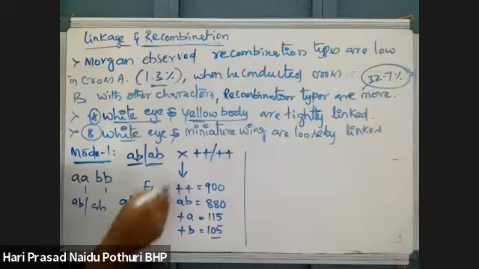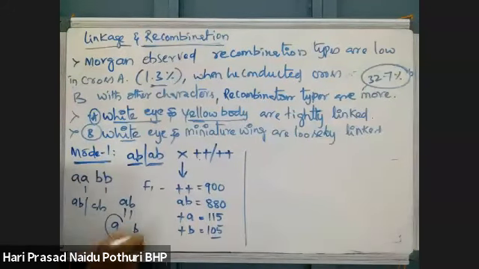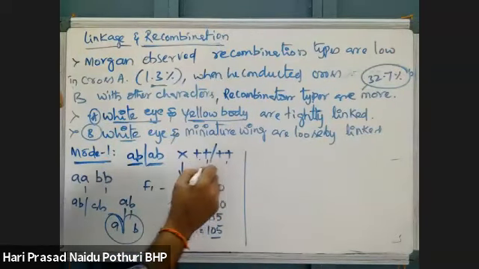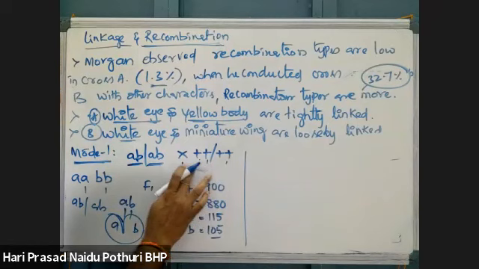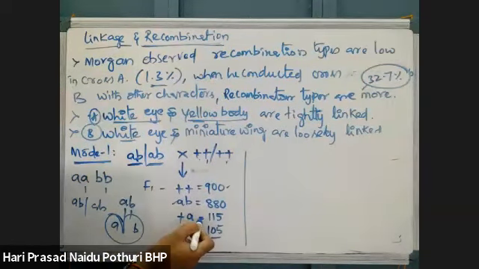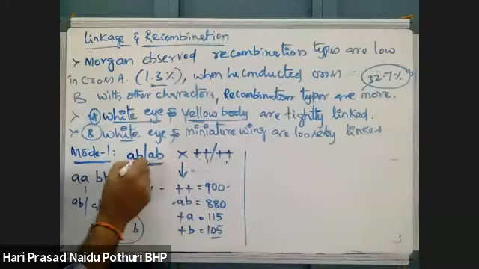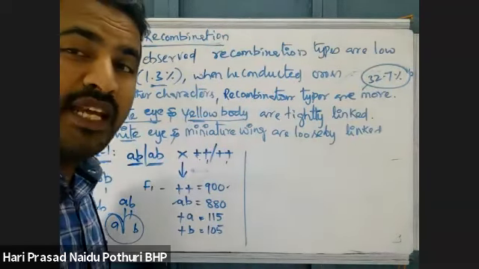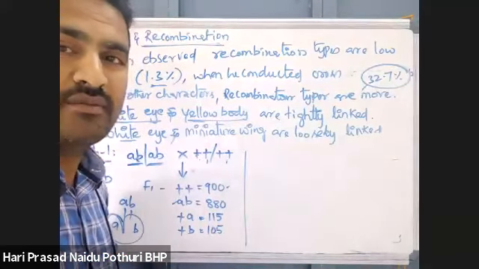As it is wild variety, these two gametes can combine and form a progeny. Plus and A can combine, which resulted in around 115 recombinants. Plus and B combined, and there was production of 105 recombinant progeny. Now, calculate the distance between gene A and gene B. Miniature wing, small wing.